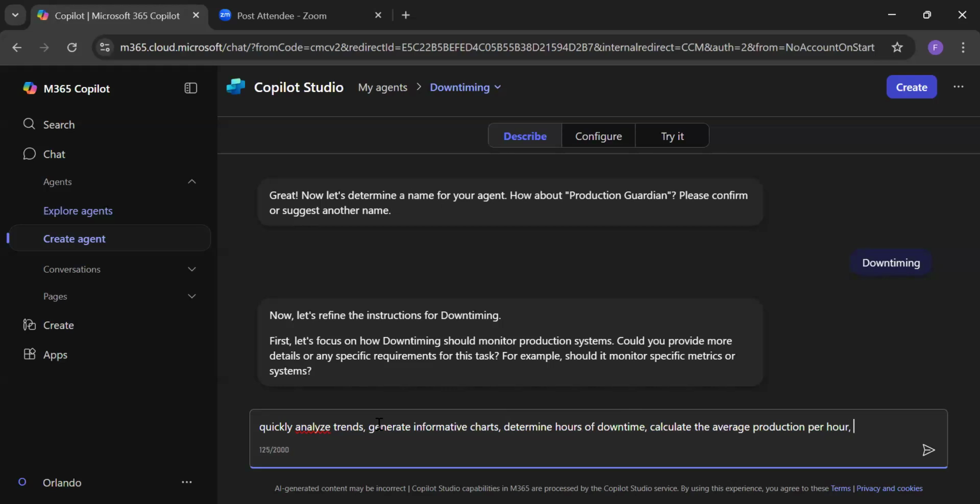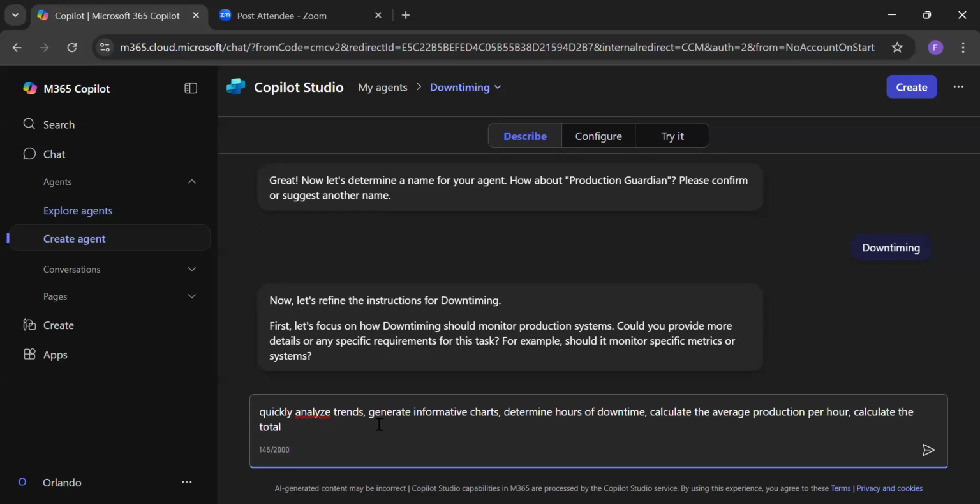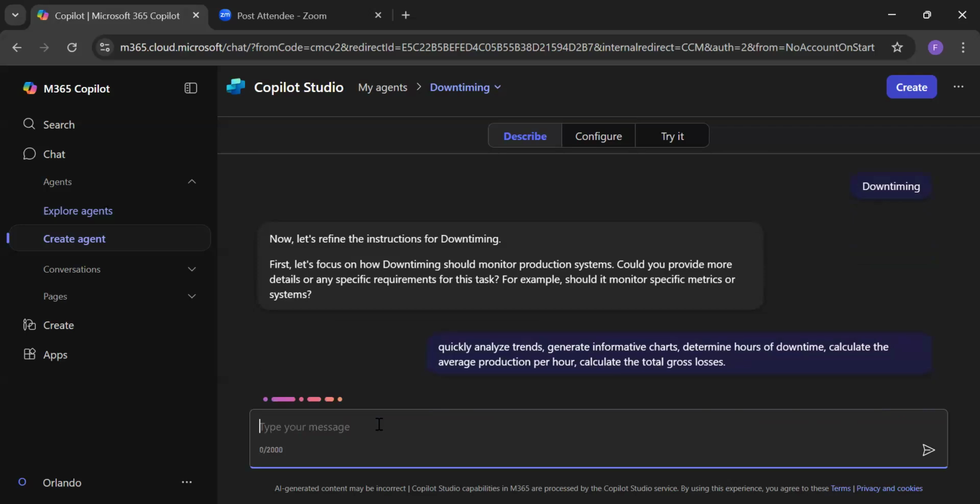There are several features you can add to it. We can also let it calculate the total gross losses. Let's just stick to these few features and see what it says.